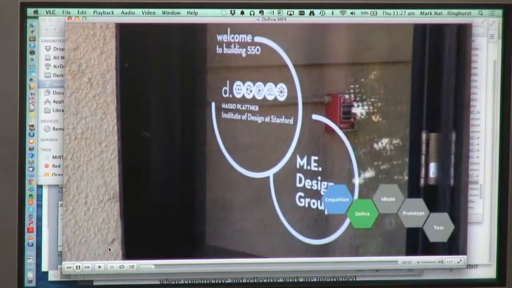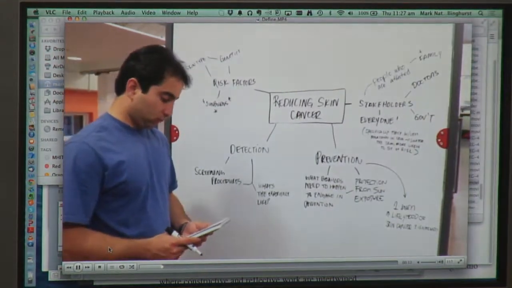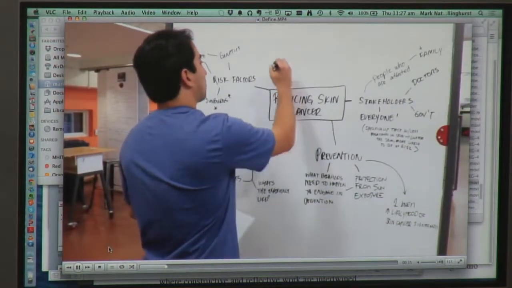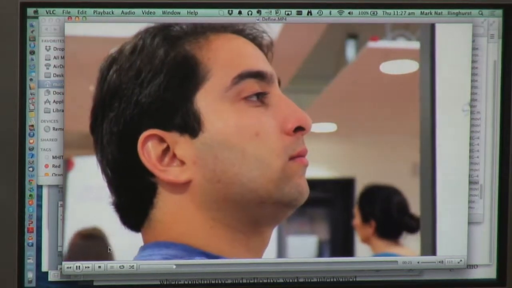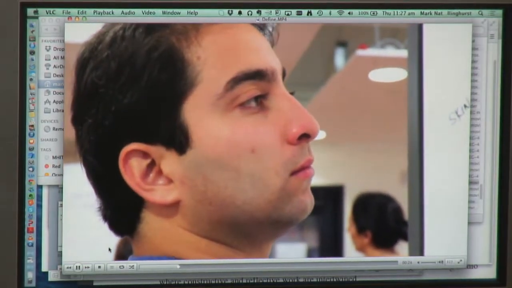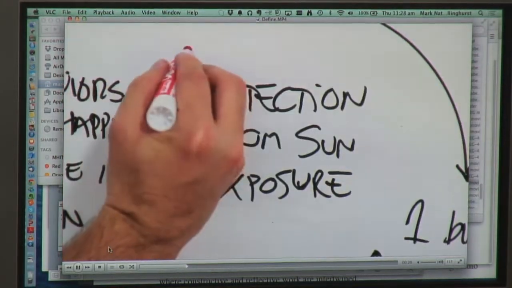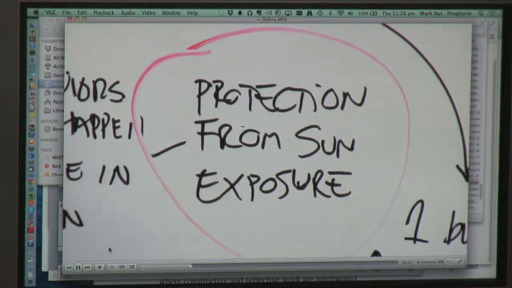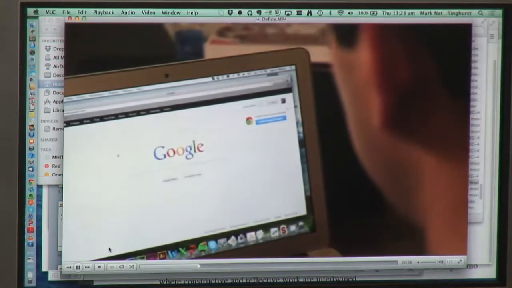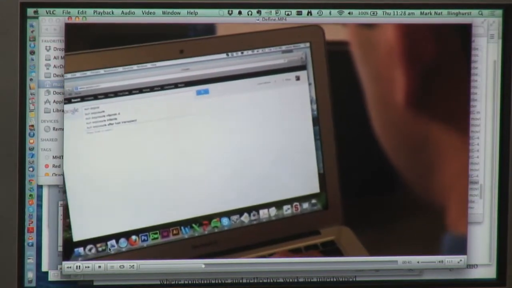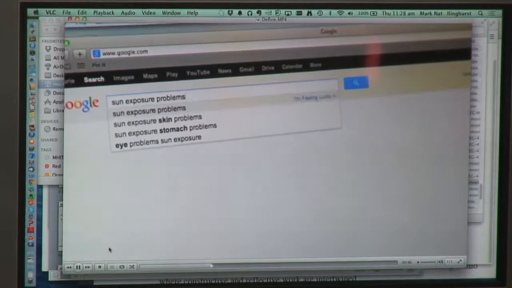Tools that can help us in understanding others. Lucas is interested in applying design thinking to the prevention of skin cancer. This is a complex problem that does not have one solution. Where can he start? Sun exposure is a major risk factor for skin cancer, so exploring how people protect themselves from the sun seems like a promising place to start. Are there opportunities for innovative solutions there? Lucas does an internet search to find background information. However, since his goal is to invent a novel solution for this problem, he has to go beyond searching for what others have already come up with.